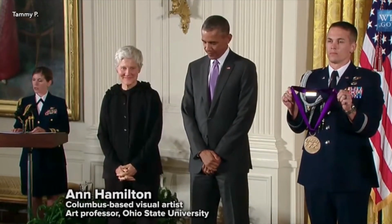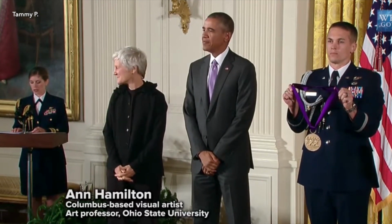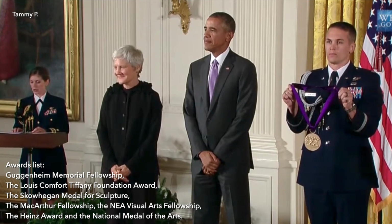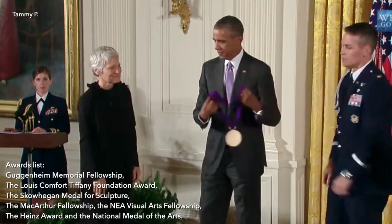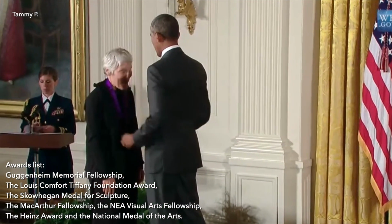As she has grown more renowned for her work on an international scale of recognition, being the representative of the U.S. at the Sao Paulo Biennale in 1991 and at the Venice Biennale in 1999, she became the recipient of many awards. The honors she has received include the Guggenheim Memorial Fellowship, the Louise Comfort Tiffany Foundation Award, the Skowhegan Medal for Sculpture, the MacArthur Fellowship, the NEA Visual Arts Fellowship, the Heinz Award, and the National Medal of the